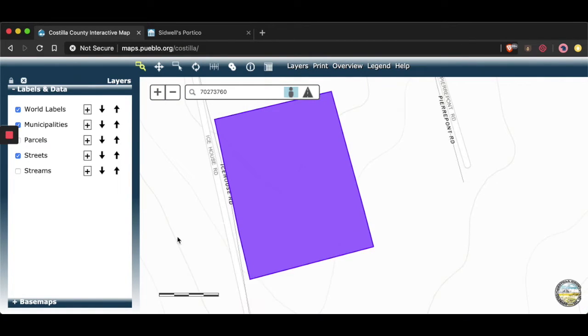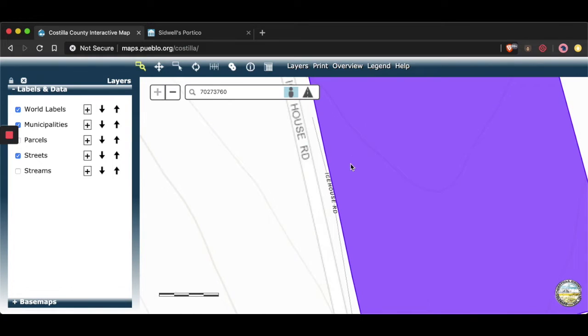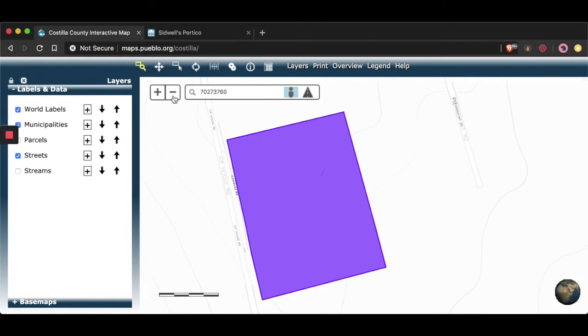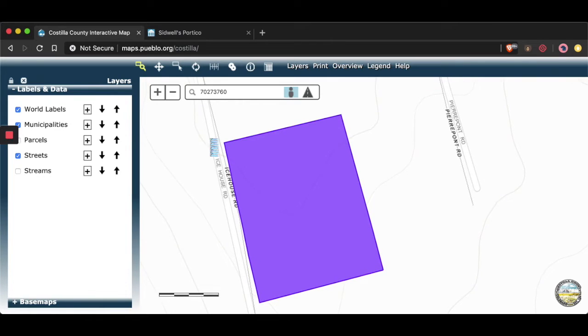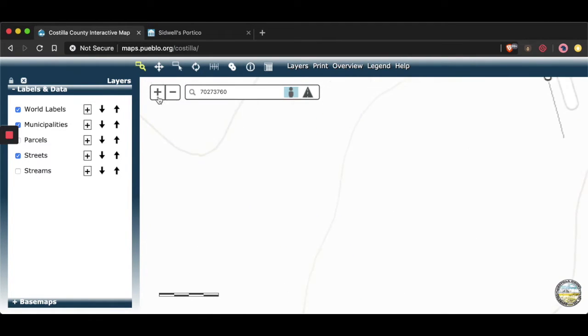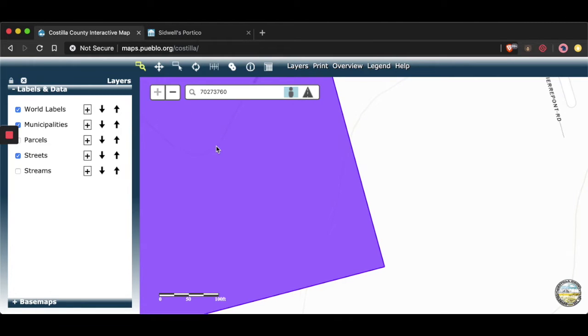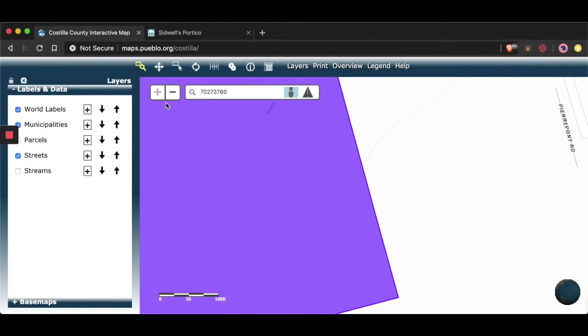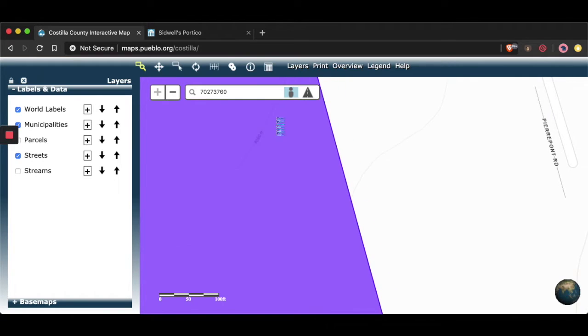Okay, I'm just going to remove that because we know already that it's not going to be the most up-to-date information. The great thing about Costilla's old GIS mapping system is they have these topography lines. So we can see the topography lines for the entire county. Now, sometimes the tricky part is finding the labels for the lines. So I would recommend you start by zooming in, and you can see, unfortunately, it's quite small, but that says